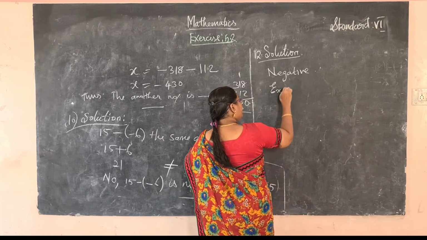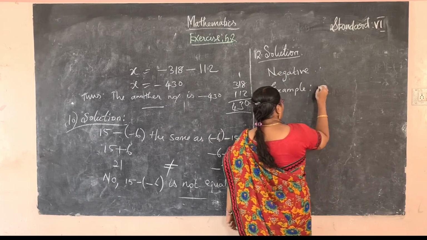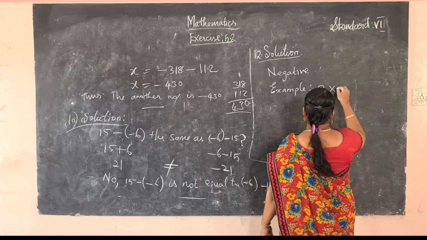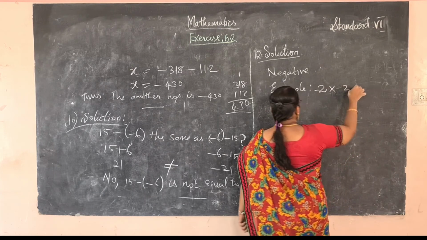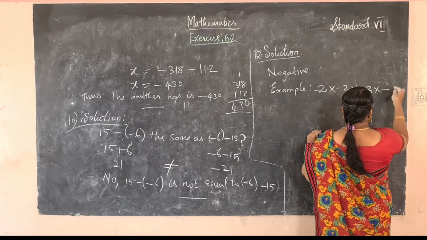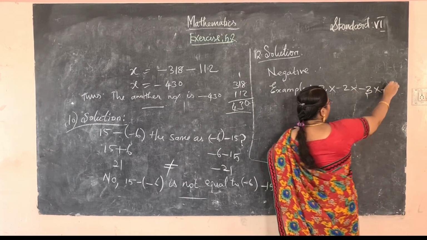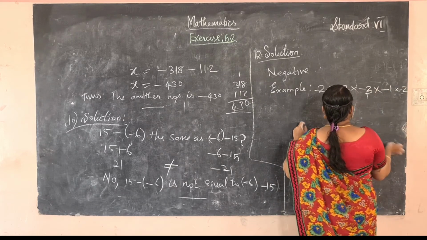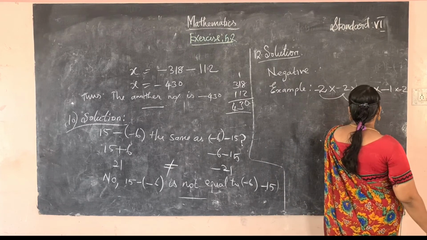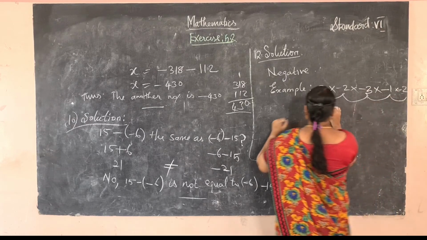For example, we have considered any one of the numbers. Okay, so 2 we have considered. 5 negative numbers, so minus 2. Not only the same number, we can consider different numbers. Here we have considered the sign only. Okay, so 5 negative numbers. So what is the value? 2 2s are 4, 4 3s are 12, 12 ones are 12, 12 2s are 24.